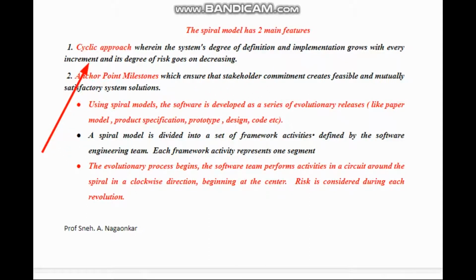So the performance of the software product increases with every cycle, and the degree of risk goes on decreasing. Second, the anchor point milestone ensures that stakeholder commitment creates feasible and mutually satisfactory system solutions.